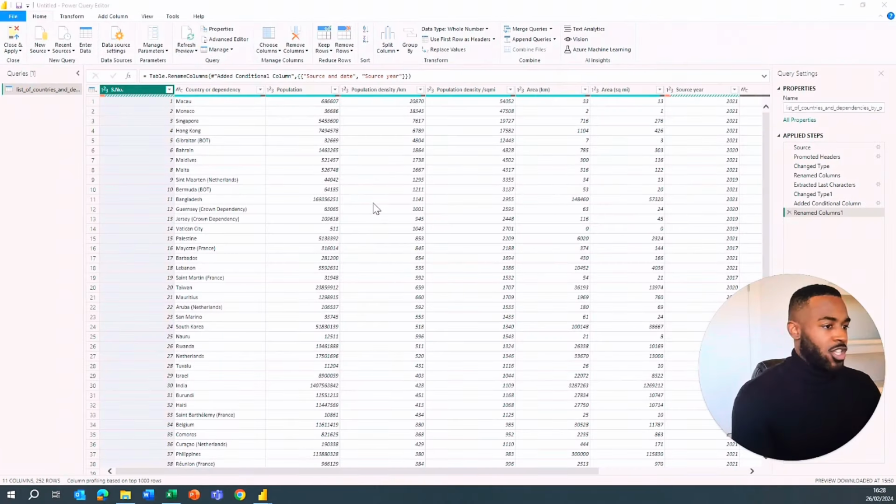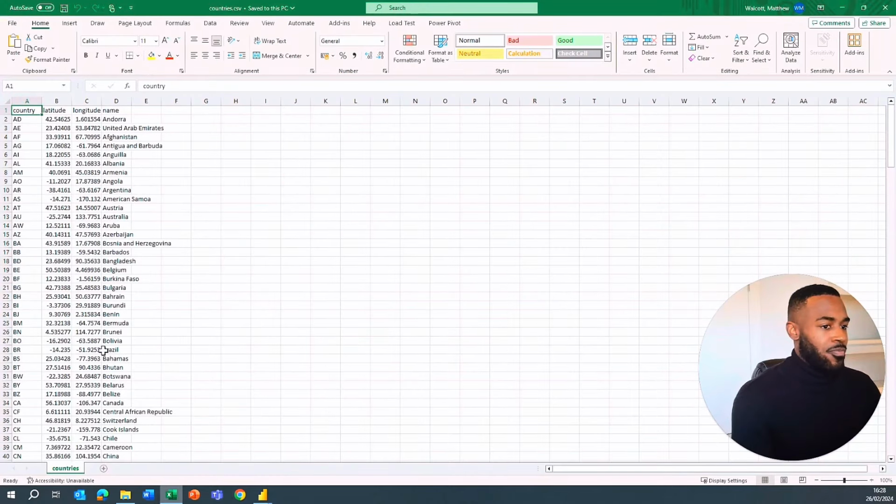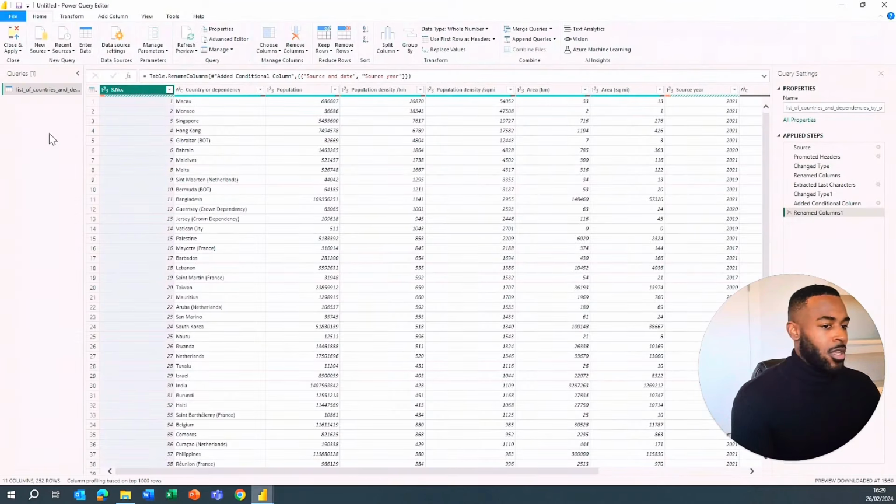So now, following the instructions on screen, what we need to do is download the file titled countries.csv, and it should look something like this file, where we've got a 2-digit country code in column A. Now what we want to do is make sure that the file looks like this, and then when we've finished, let's close the file, go back to our Power BI desktop, and what we need to do is load this into our Power Query